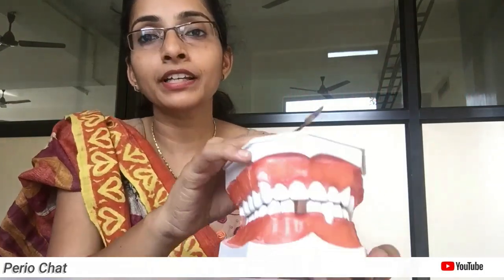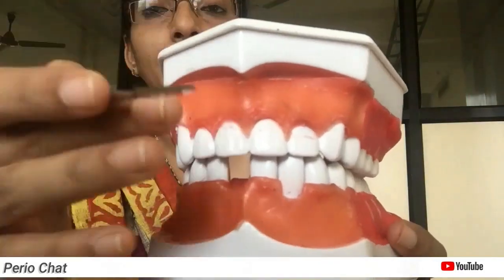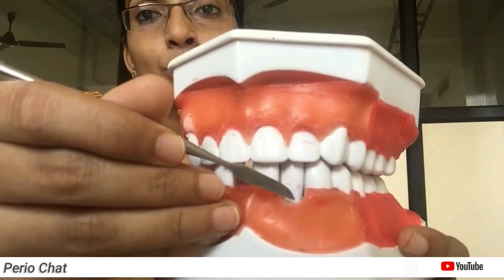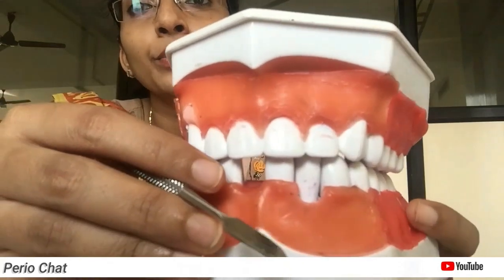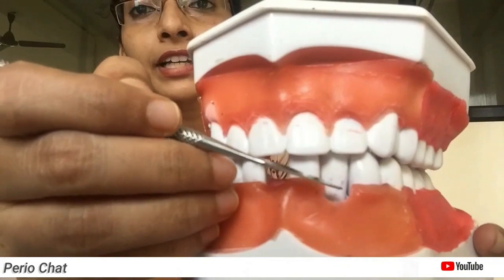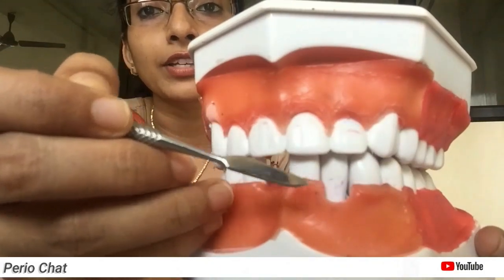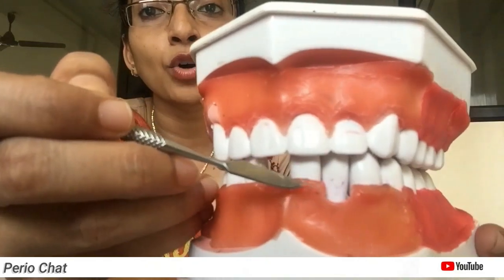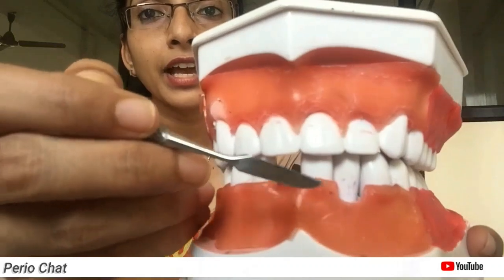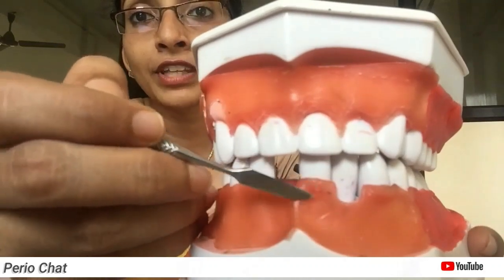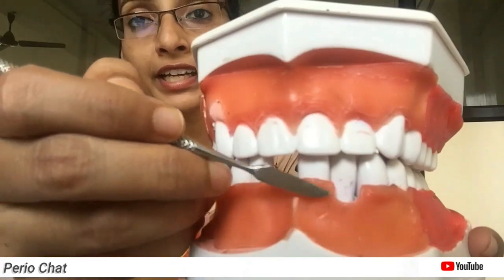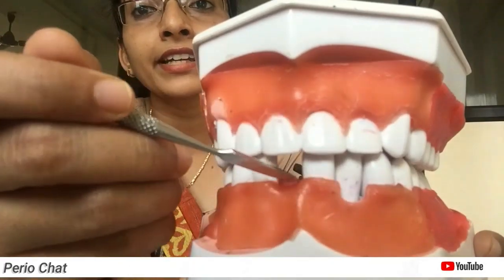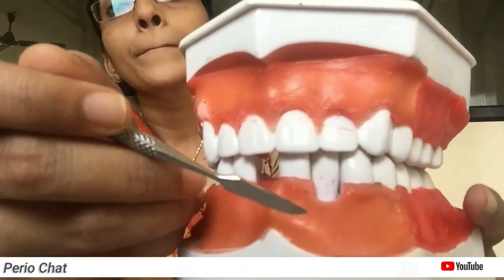So what is the lateral pedicle graft? This is my model, and this is the tooth which is having recession. The root is exposed. So how will I do a lateral pedicle graft? Lateral pedicle graft means from the adjacent tooth, either from this tooth or this tooth. Now this much is the width required. So I consider that much width and I have to check if this gingiva is of thick biotype, if there is sufficient width of attached gingiva. Once all those conditions are met and you have decided this is the area that you are going to take,